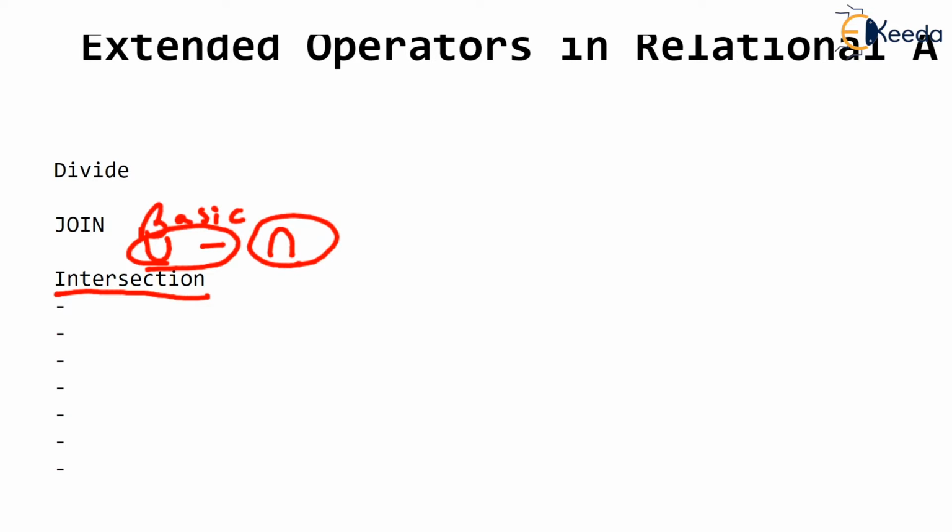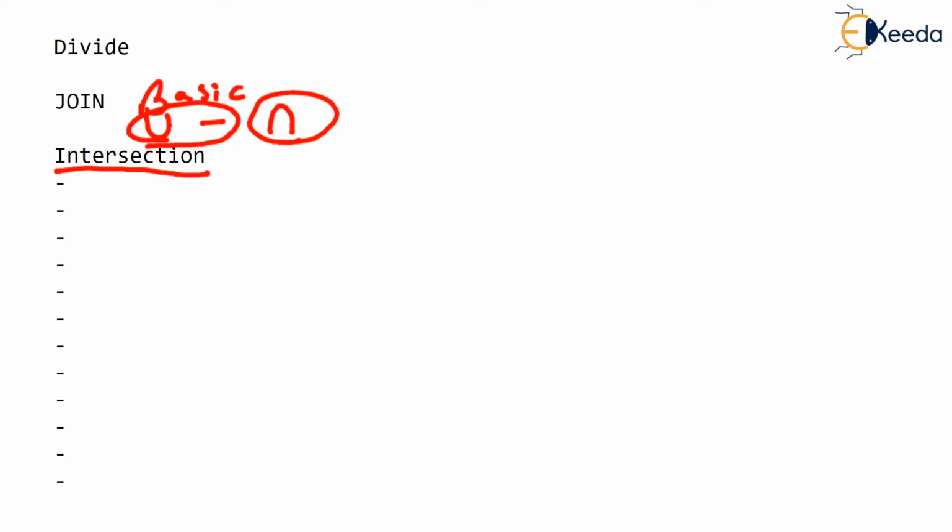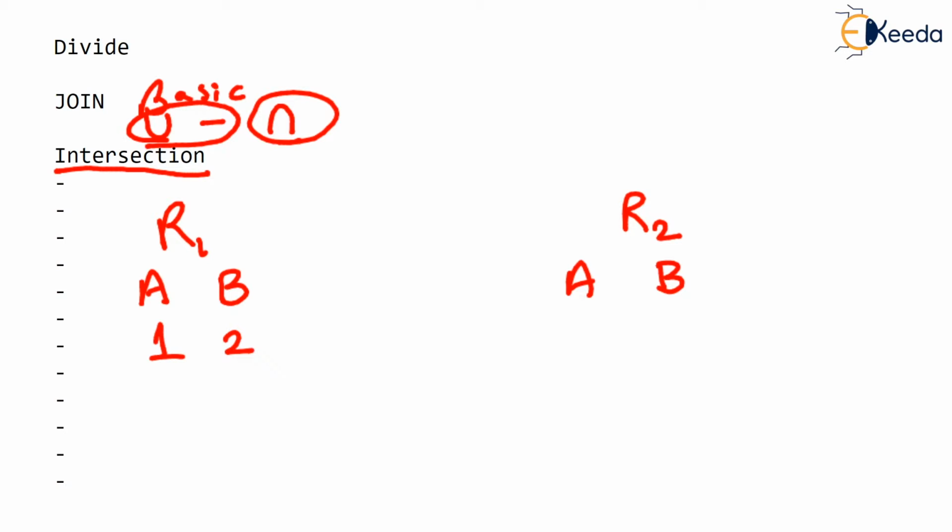Let's see with an example now. Intersection operator. Suppose we have relations R1 and R2, and R1 has two columns A and B, R2 also has 2 columns A and B. Let's say some values under A and B are as shown. And imagine values under A and B of R2 are something like this: 3, 4, 8, 5, and let's say